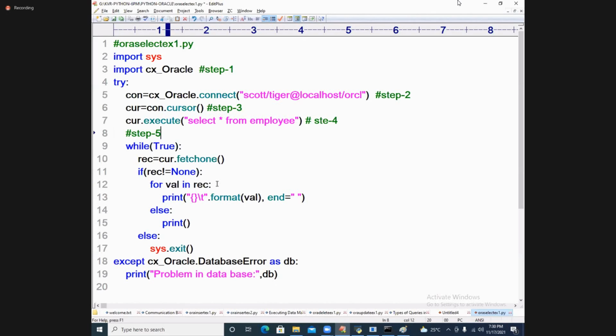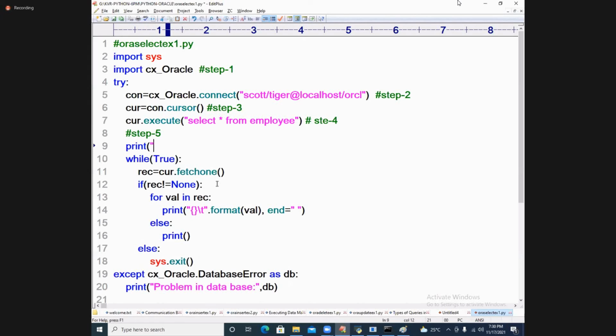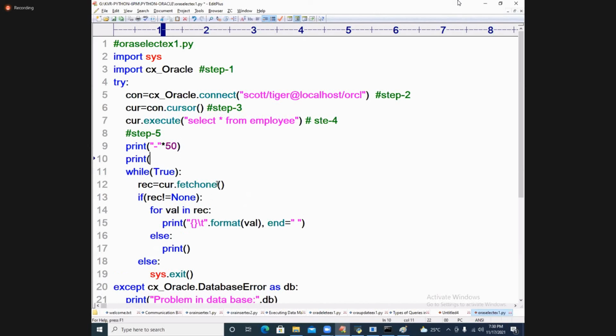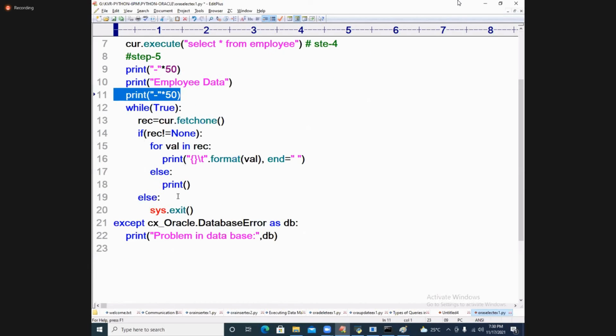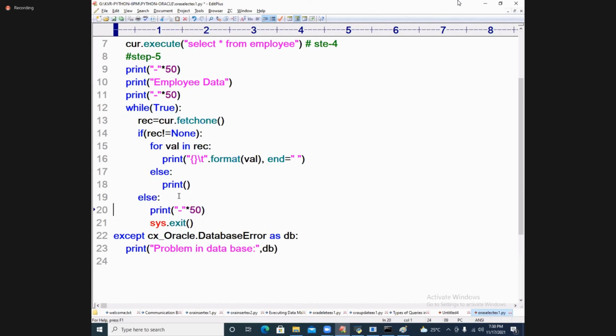Now you say before that, print of like this, star 50. I say here print of employee data. Coming to this exit place, I will just end this part of it.